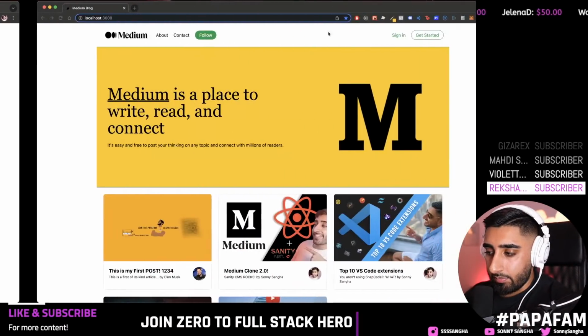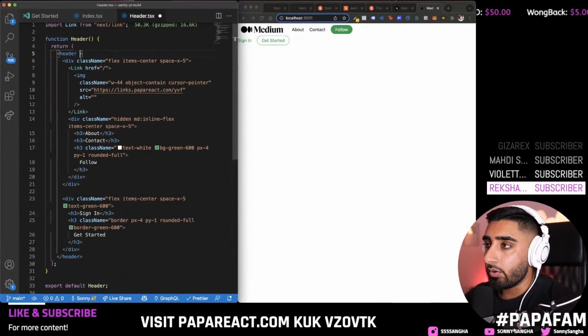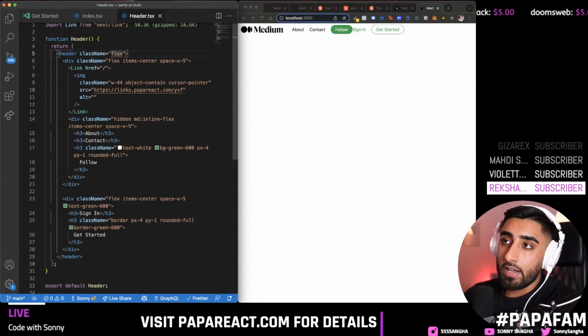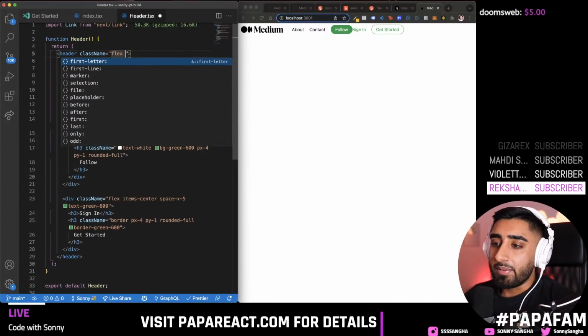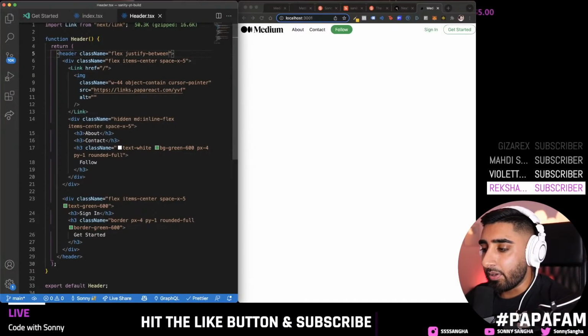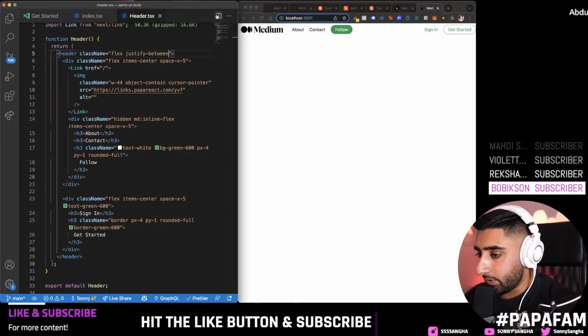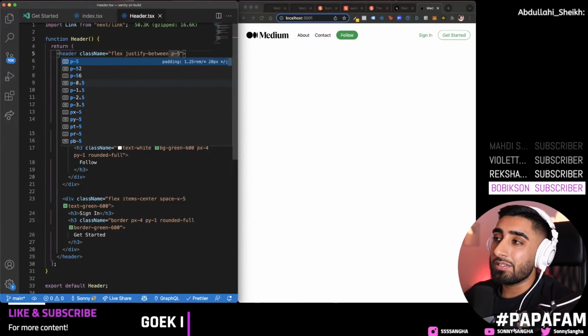This isn't looking right. This needs to be kind of spaced out between itself. So what we need to do is go to the overall header and give this a class. And I'm going to say this is flex. So now it's automatically flex, puts things in a line, right? Unless you're on React Native, in which it is a column, but I'm not getting into that. We're going to say justify between. Now Bean says make a blog app. This is a blog app. Justify between will space the 2 children between each other, right? So justify between. Padding of 5 will give it a bit of padding so it's not cooped up in the